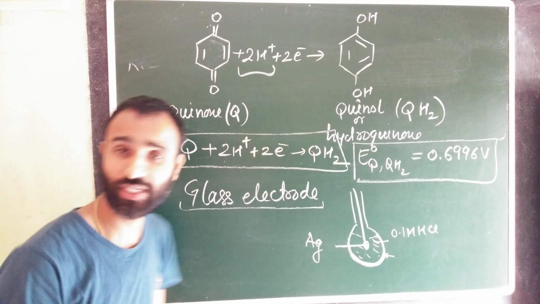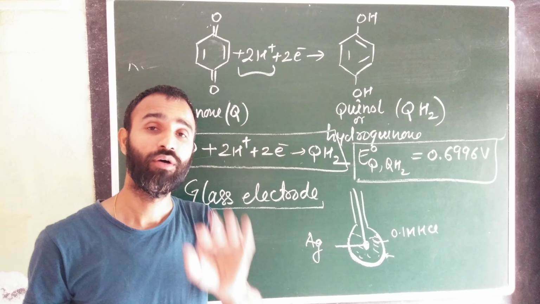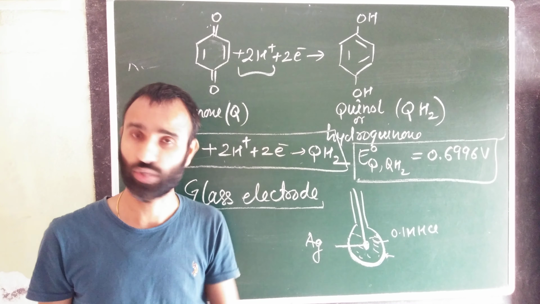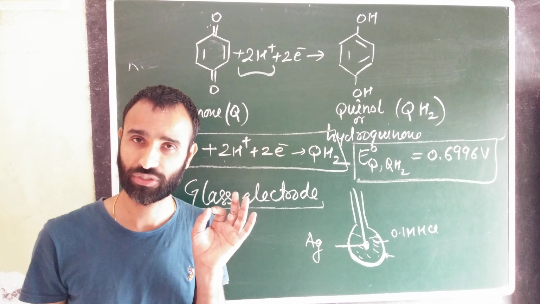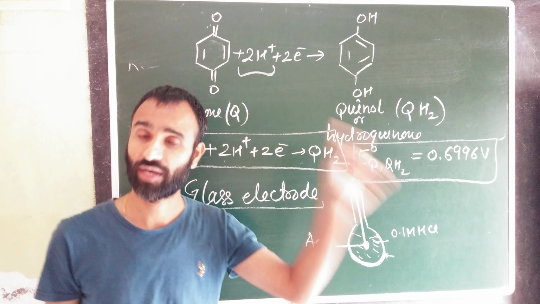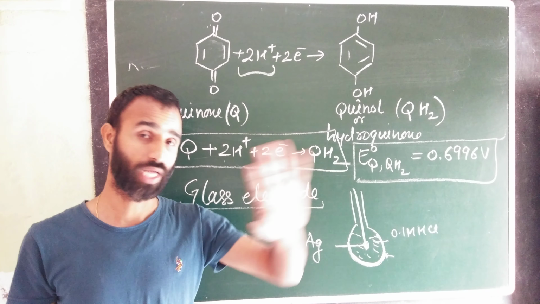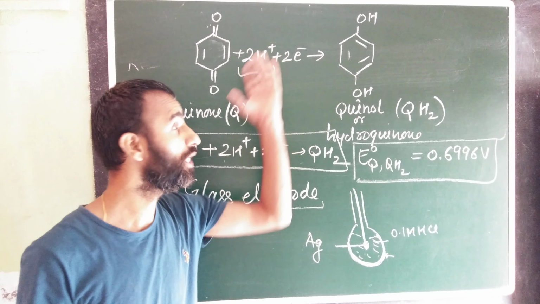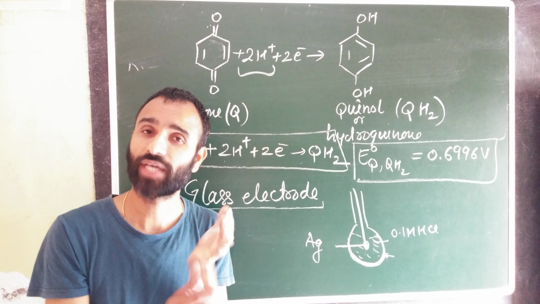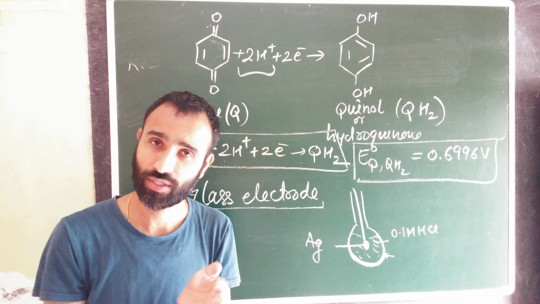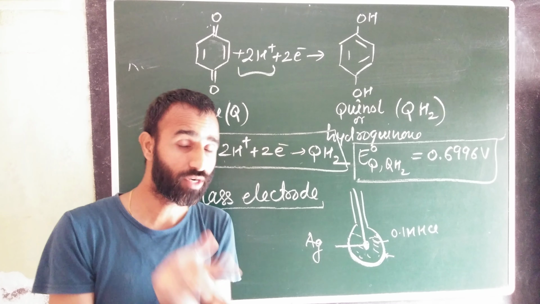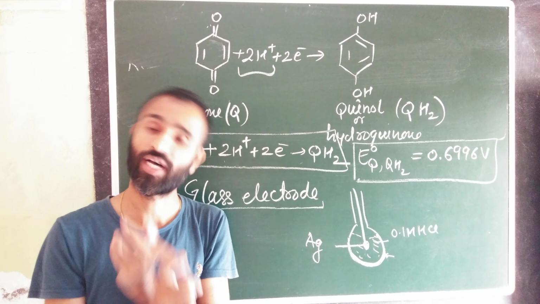So these are the reference electrodes. First, what is a reference electrode? One whose electrode potential is known to us at 25 degrees Celsius. There are two types: the primary reference electrode, that is the standard hydrogen electrode, and because that is difficult to operate, we need secondary reference electrodes. There are 4 secondary reference electrodes. First is the calomel electrode, which is most commonly used, then the silver chloride electrode, then the quinhydrone electrode, and the last one is the glass electrode.